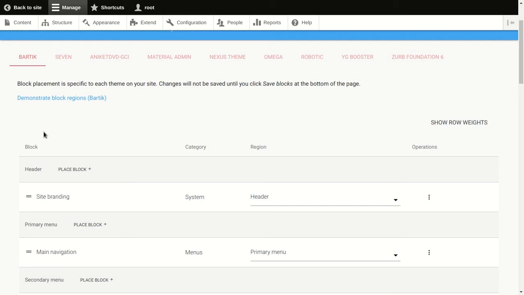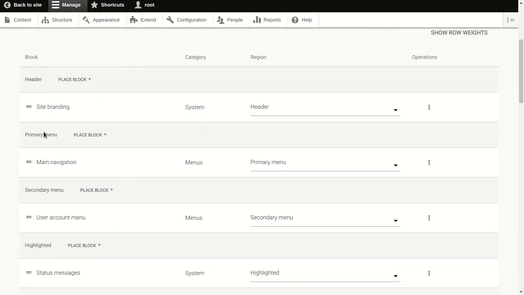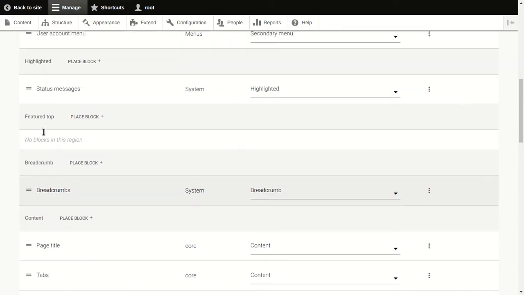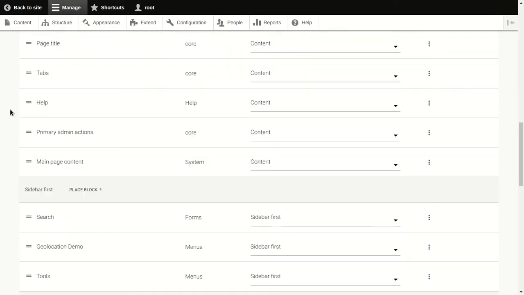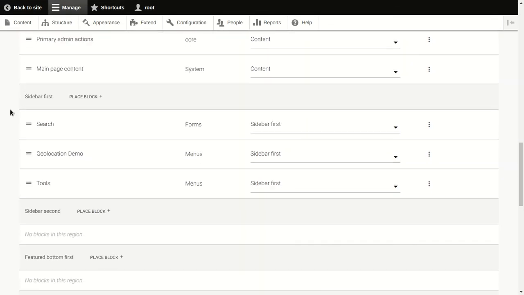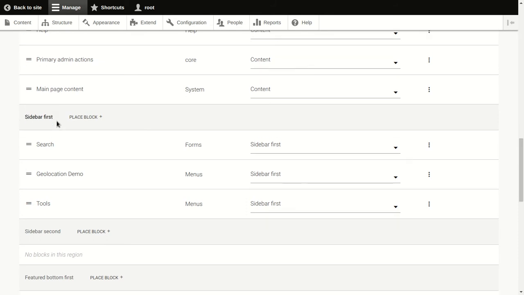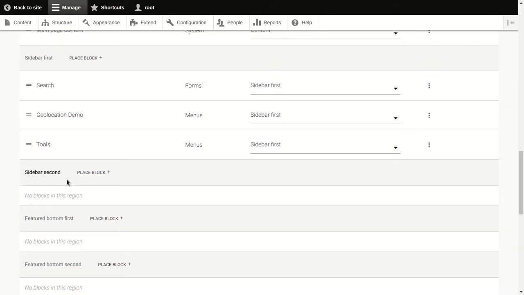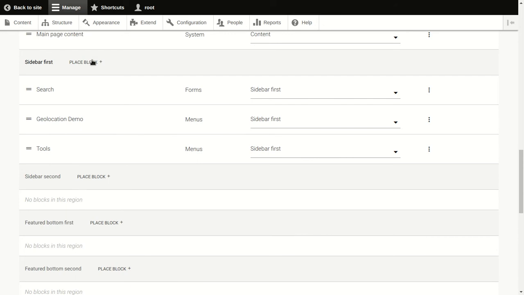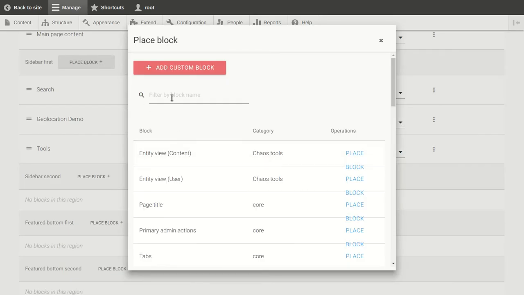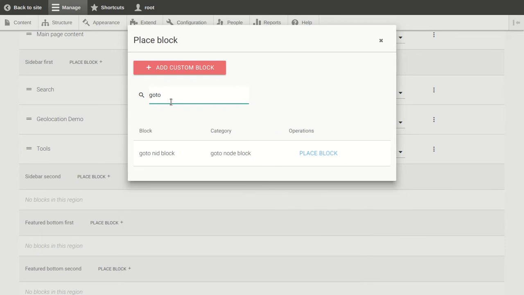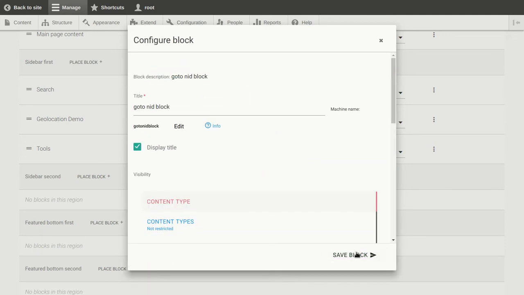You can't just place it anywhere, so better we use it in our sidebars. We have sidebar first and sidebar second. We can place the block here in the first sidebar, and the name of our block is go to an id block. We are placing the block here, and